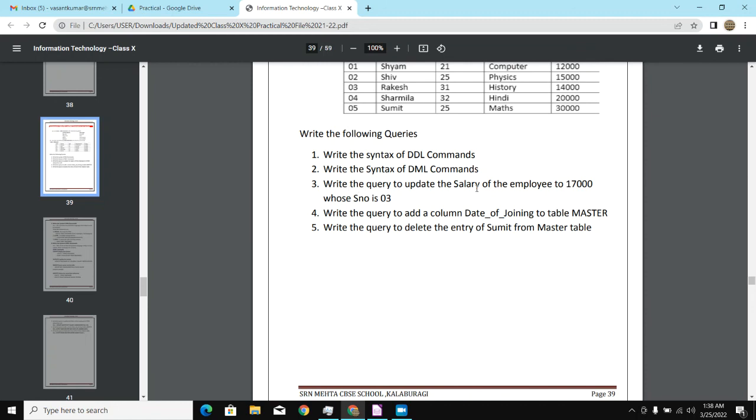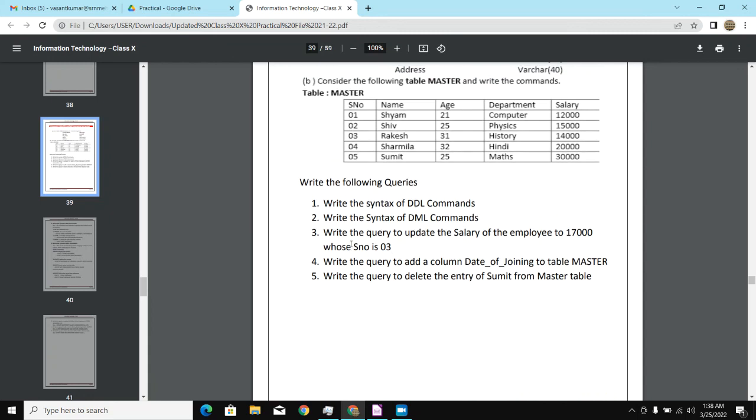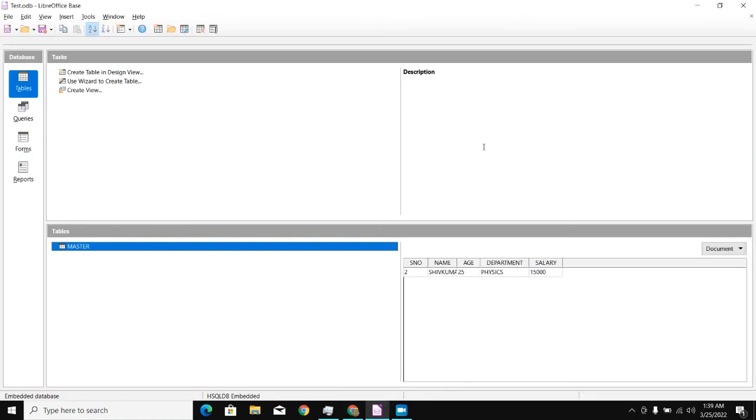Write the query to update the salary of the employee to 17,000 whose serial number is 3. So what it is asking is to update the salary of an employee to 17,000 whose serial number is 3. Serial number 3 is Rakesh and his salary is 14,000. Right now we do not have the Rakesh information here, so first of all we will add the Rakesh information